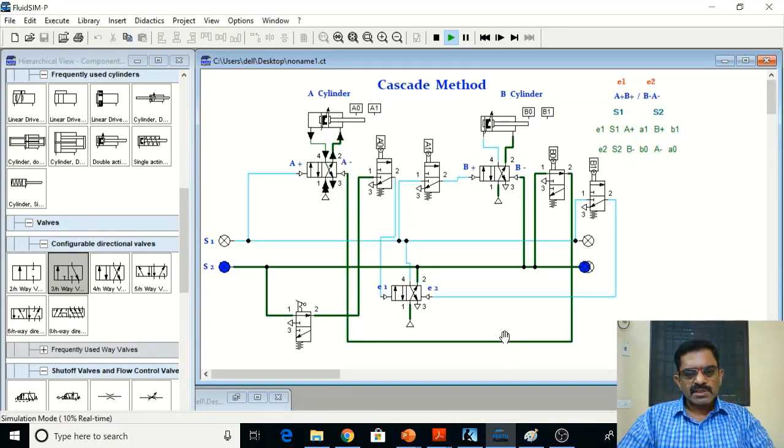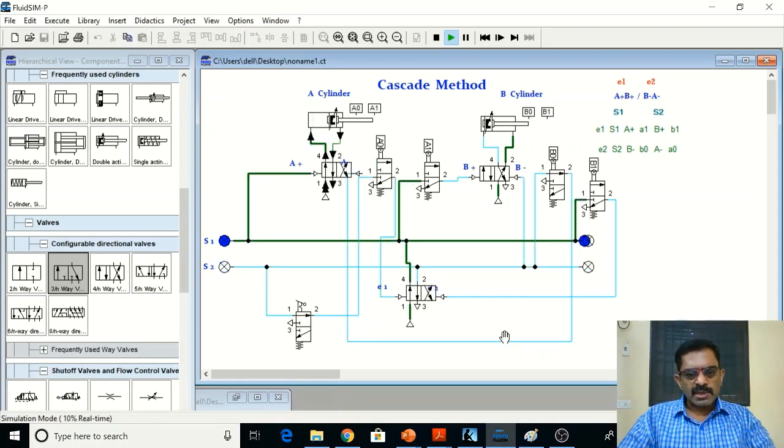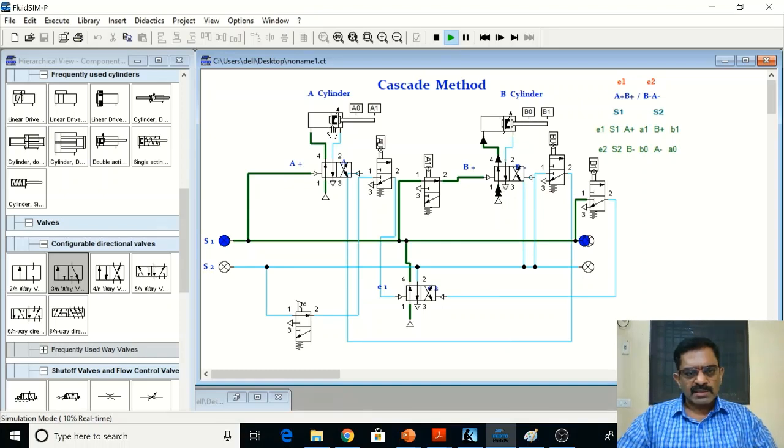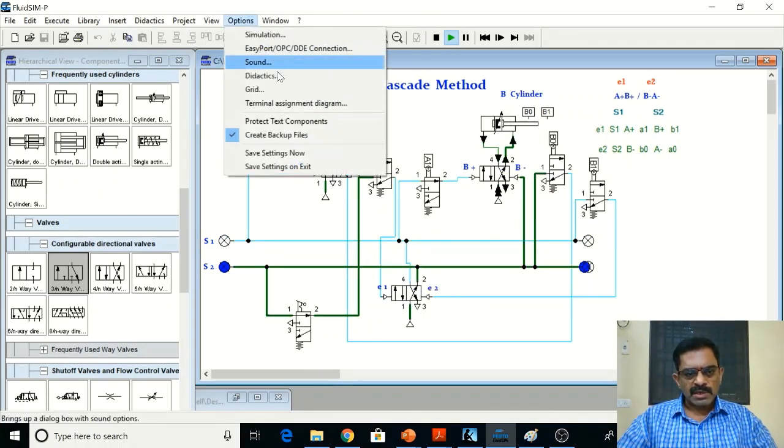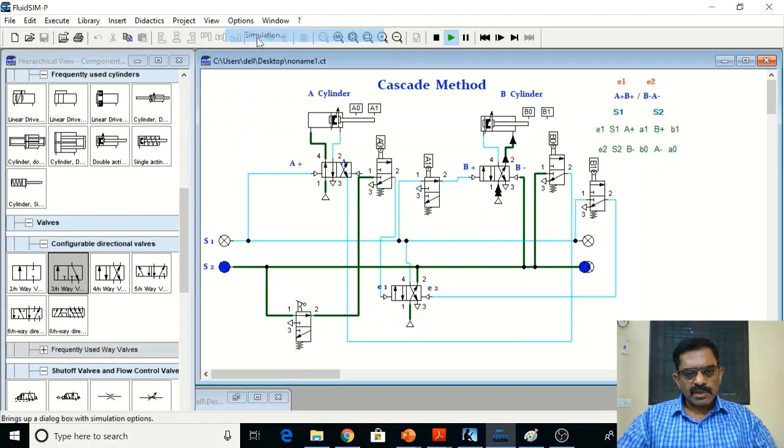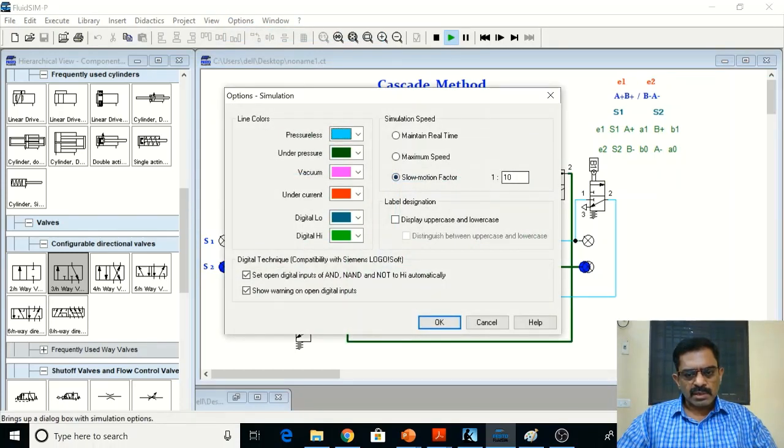Now you can see the limit switches, how exactly they are performing, and if I increase the speed, it will be more clear. Let me choose 5, a little faster.